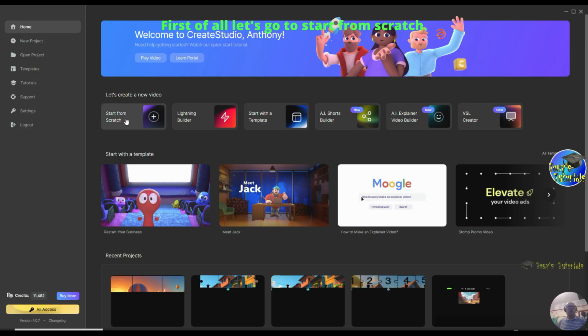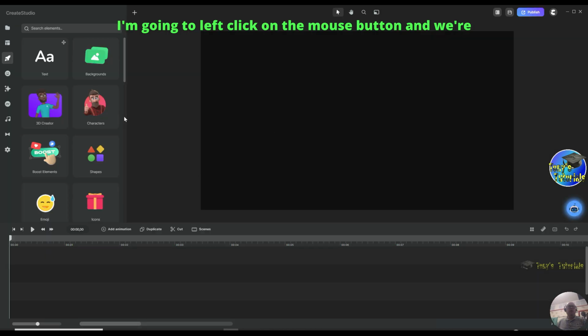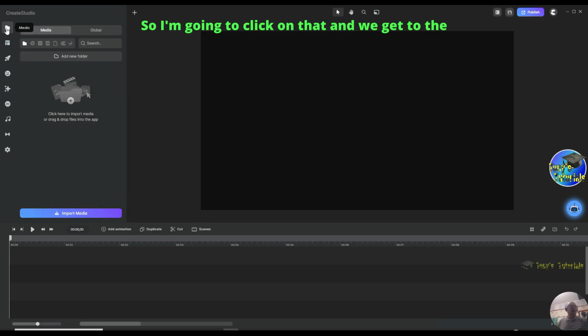First of all, let's go to start from scratch. I'm going to left click on the mouse button and we're in the canvas area. I'm going to go right over to the left-hand top corner and you'll see all the icons facing vertically down, and the first one is a media folder, so I'm going to click on that and we get to the horizontally facing